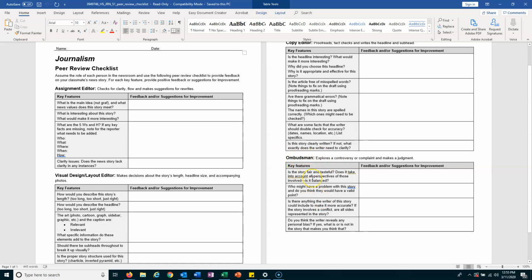Basically, this has to do with you being a journalist and being impartial. So, is the story fair and tasteful? Does it take into account all perspectives of those involved? Is it balanced? So, basically, and I've sent a video for this, but in these stories, you are staying away from I,